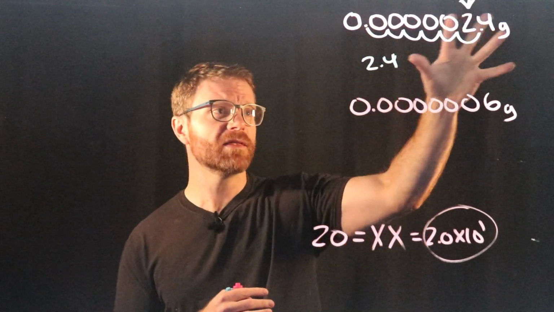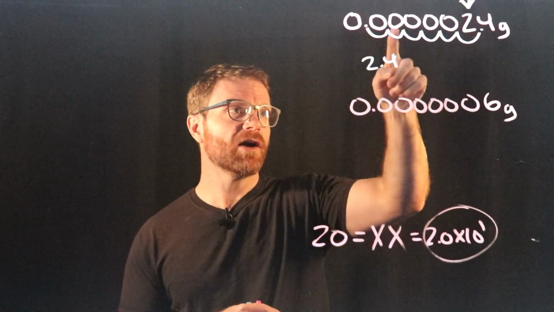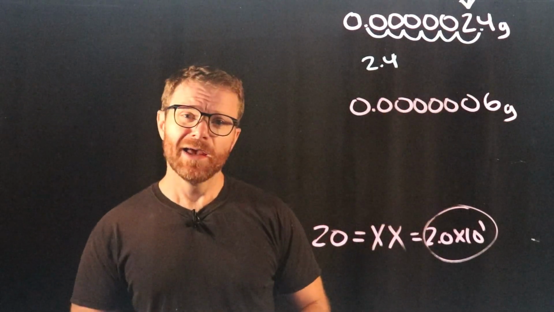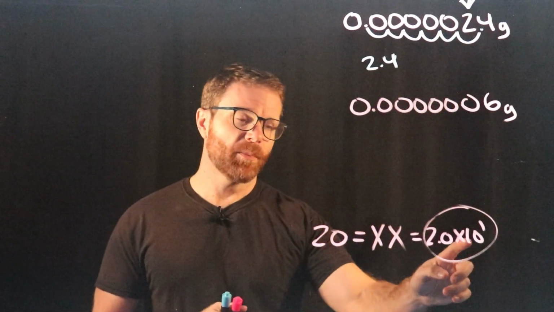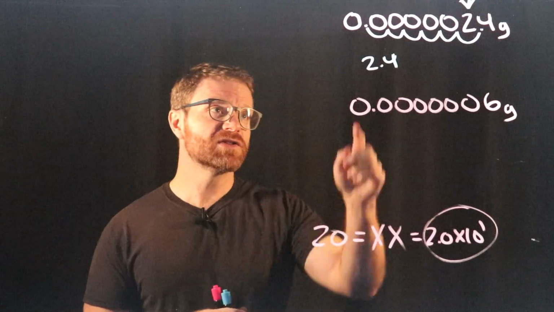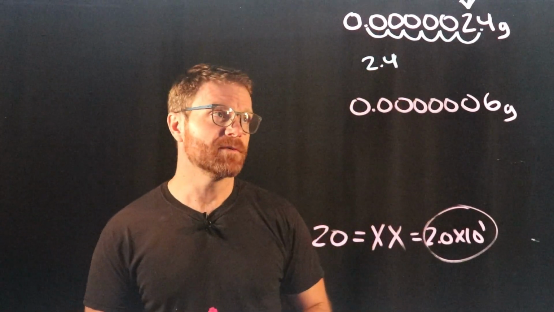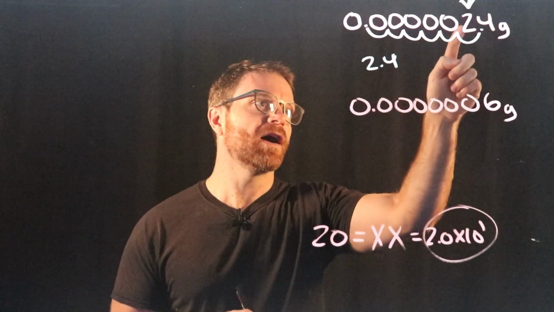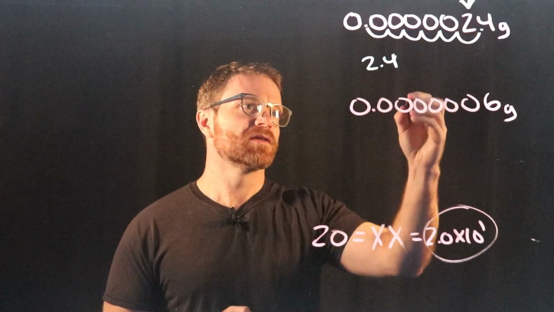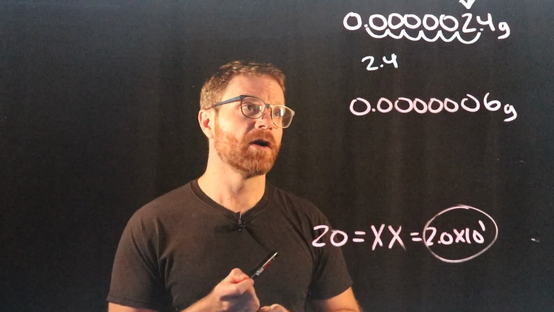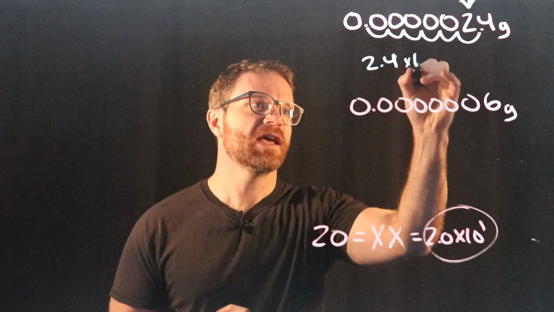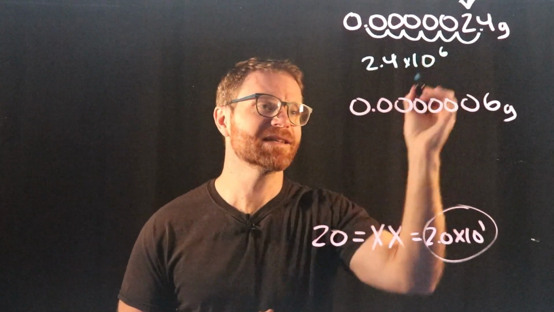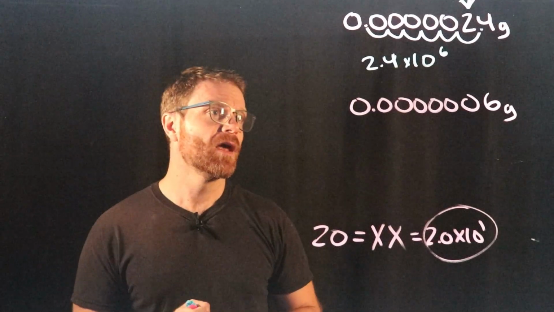So in order to make these numbers the same, I need to account for all these decimal places. The way that we do that is by using powers of 10, because each decimal place is just a power of 10. Okay, so I moved it 1, 2, 3, 4, 5, 6 times. So this is going to be 2.4 times 10 to the 6th,